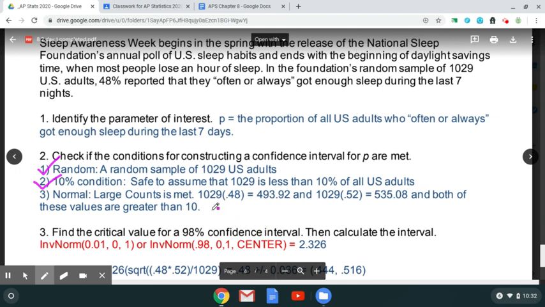And then large counts is also met. So 1029 times your proportion, see that proportion right there, 48%. Both of these numbers are greater than 10. So we will be able to use the normal approximation of the sampling distribution. So you were then asked to find the critical value for 98%,